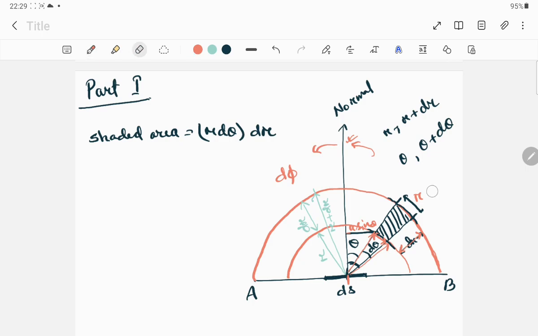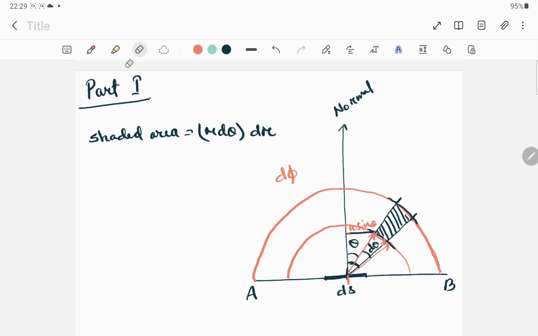So let me remove some of the unwanted parts. Now when we rotate this whole figure about the normal,